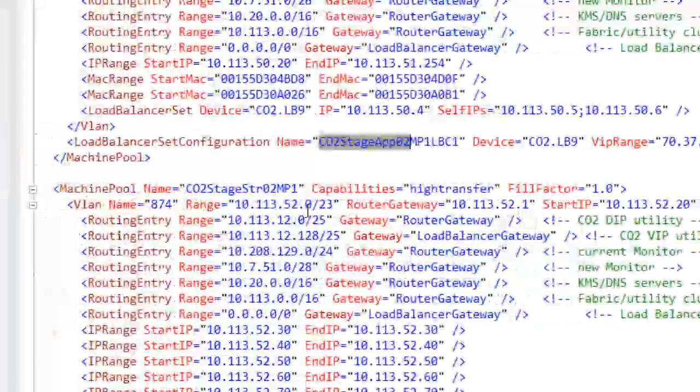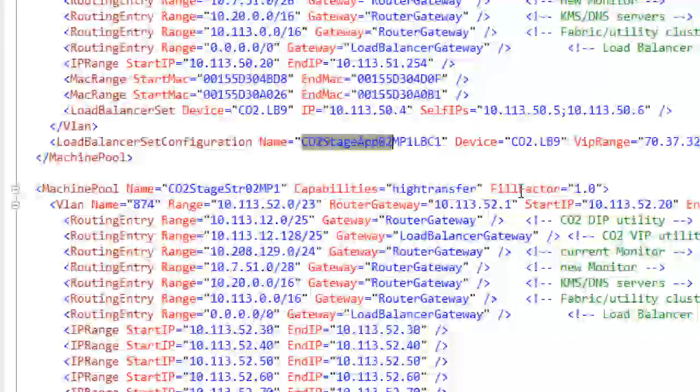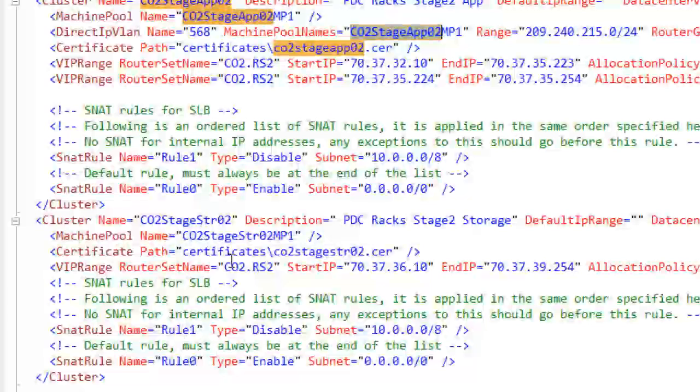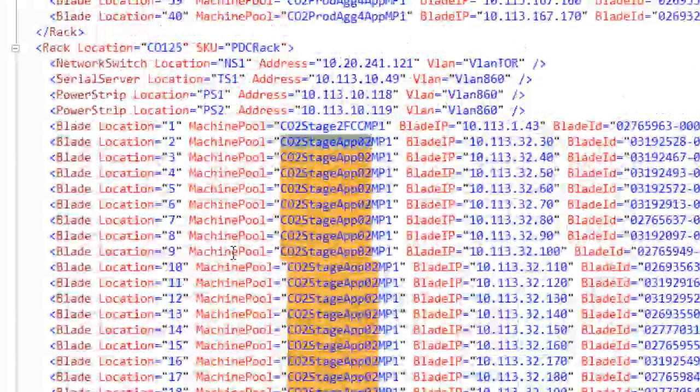And then the load balancer configuration. This is back when we had a specific type of load balancer. It's different than what we've got now in production. And then we've got the machine pool, and a little bit further down, we've got the actual description of all